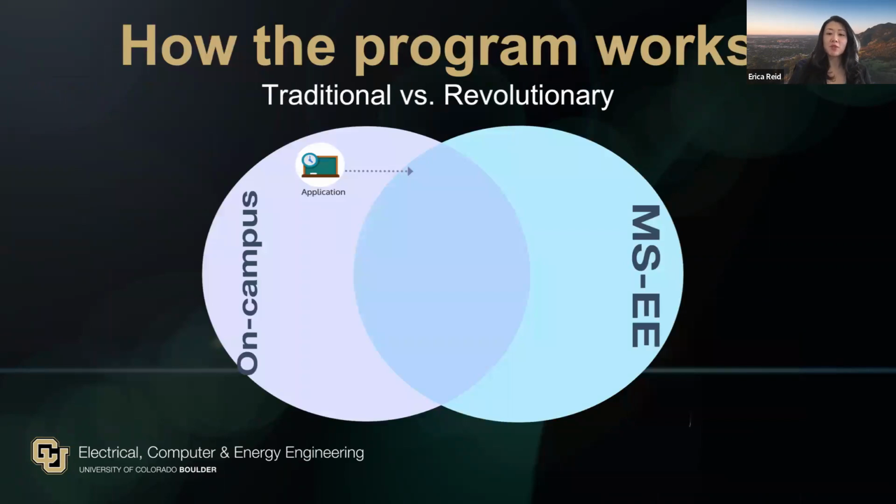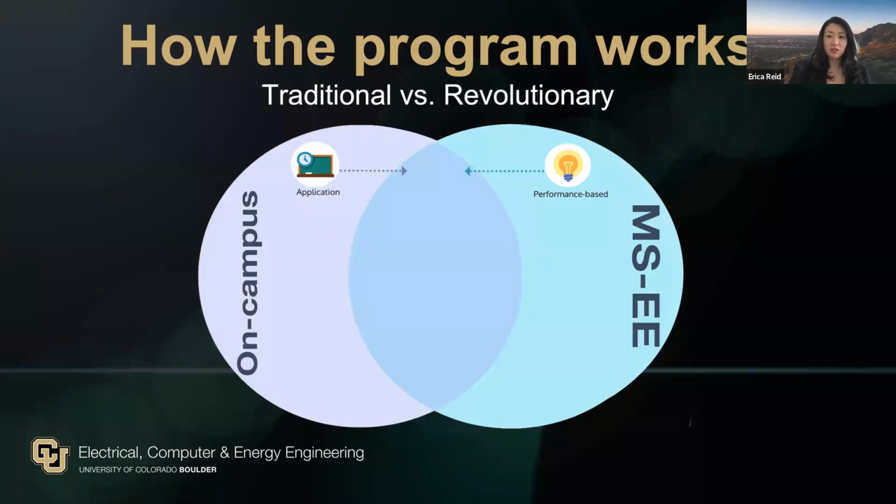Thank you, Alan. I am going to talk briefly about our revolutionary program and how it differs from the traditional school system. A traditional on-campus graduate program requires an application process. Our program, on the other hand, is performance-based admission, so no application required, which means no GRE scores, no TOEFL, no IELTS, and no letters of recommendation. All you need to do is prove that you can do the work by completing a series of courses in a pathway specialization with a cumulative GPA of 3.0 or higher, which is about a B average. And that qualifies you to be admitted into the degree program as a graduate student at the University of Colorado